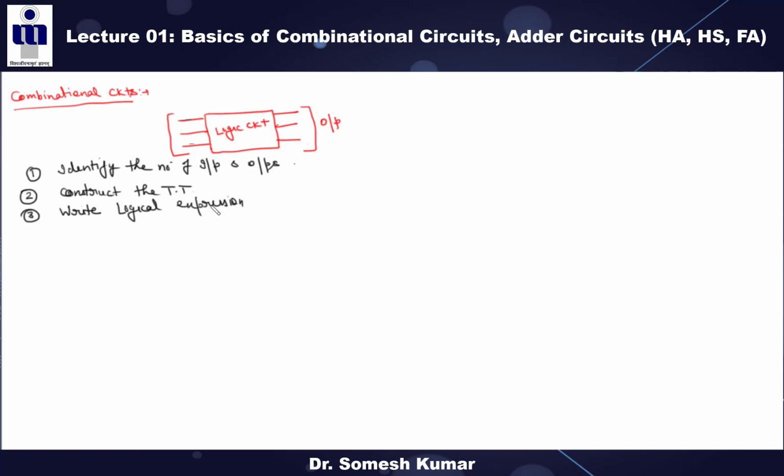Then what is our next step? If there is a logical expression, then what you have to do? You have to minimize that logical expression, whether by using the K-map or Boolean algebra, right? So my suggestion is use the K-map always, right? So you have to minimize this logical expression,